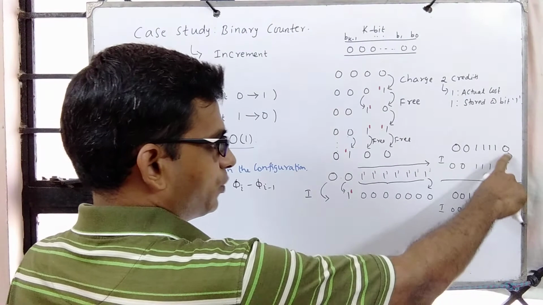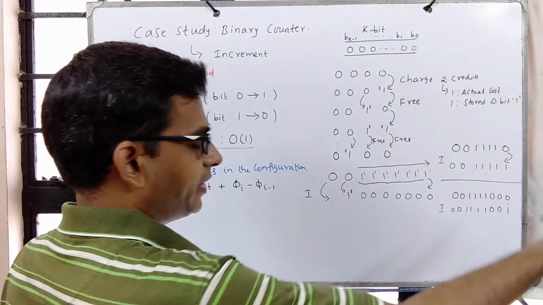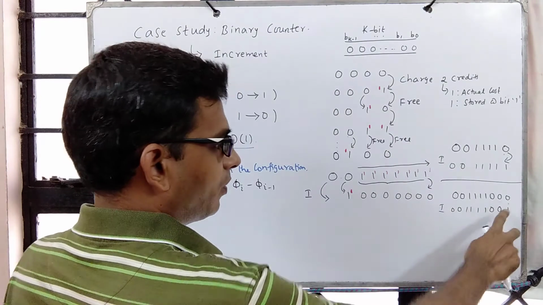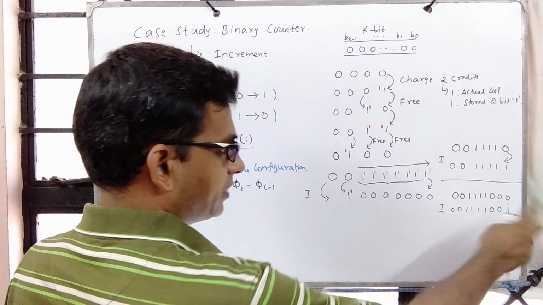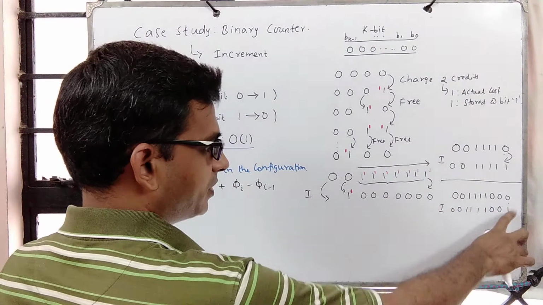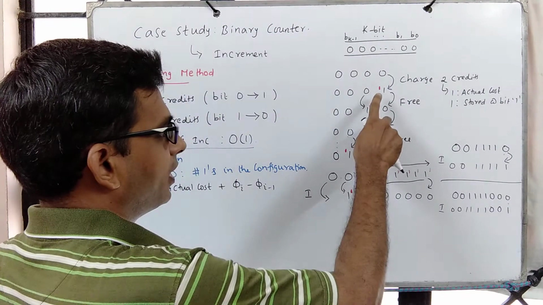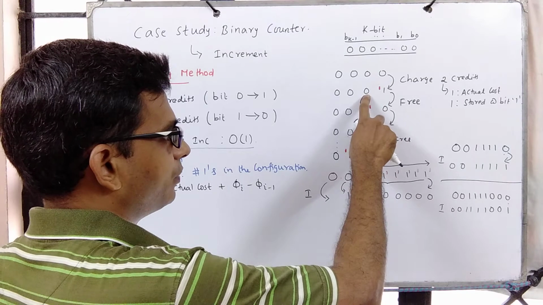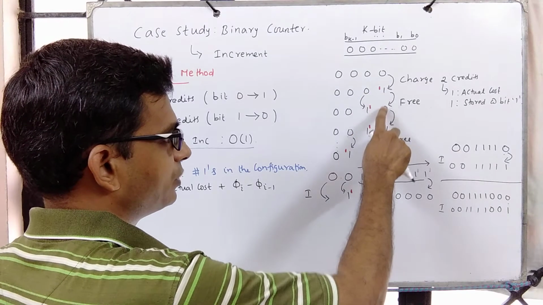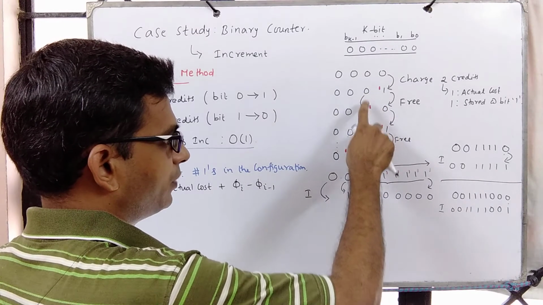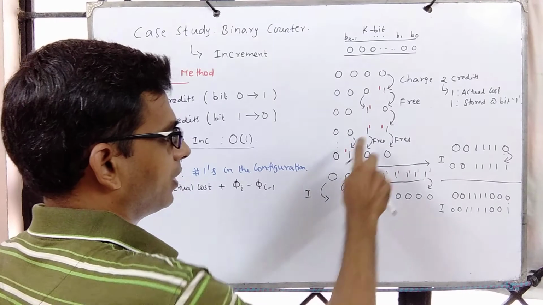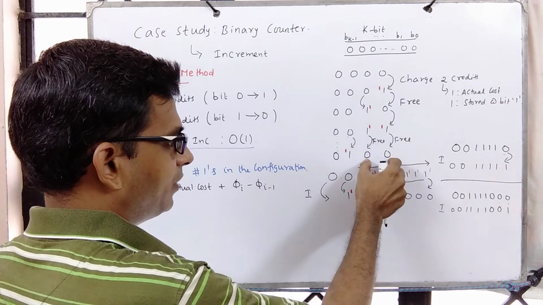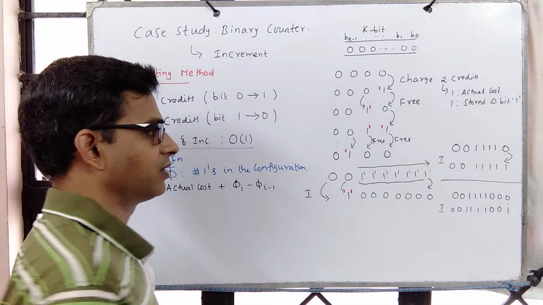In this case, the rightmost 0 is this, and we don't have any ones after that, so simply flip this to 1. Over here also, after the rightmost 0, there are no ones, so simply flip this to 1. And in this case, the rightmost 0 is this, so this 1 is changed to 0, and the rightmost 0 is changed to 1. And the rightmost 0 is this, and once after that is flipped to 0, this one is flipped to 1.